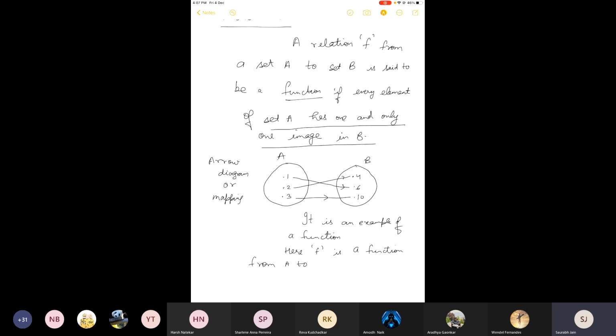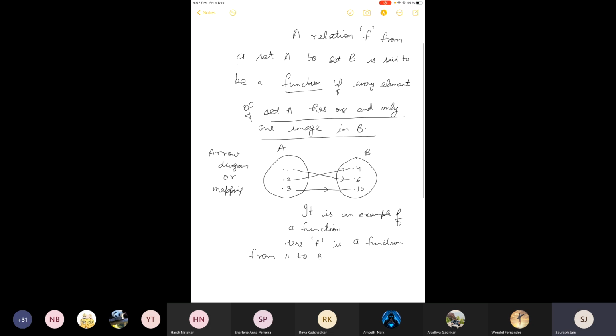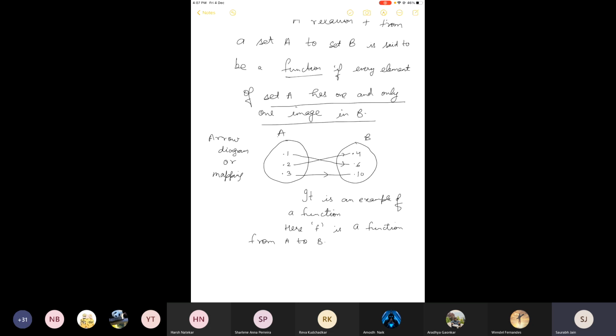And how do we write this? This means that f of 1, see this thing is now a function and it is from set A to set B. So if I put anything in this bracket, where I have written 1, then the output will be the image of this value. Image is shown by the arrows. So if I ask what is f of 1, then the value will be 6, as shown in the arrow diagram. Similarly,